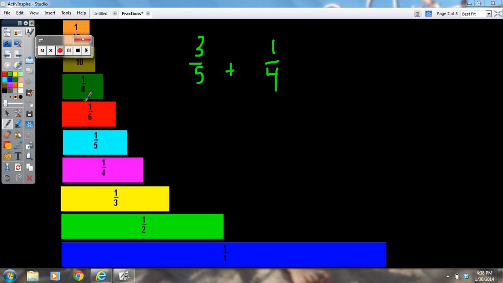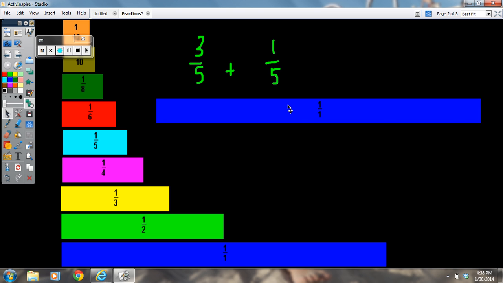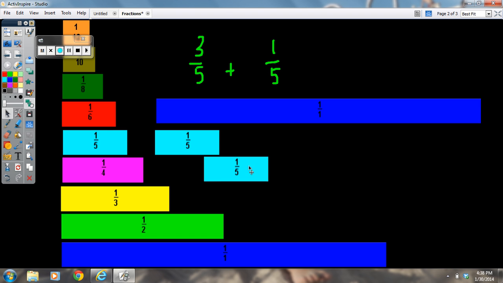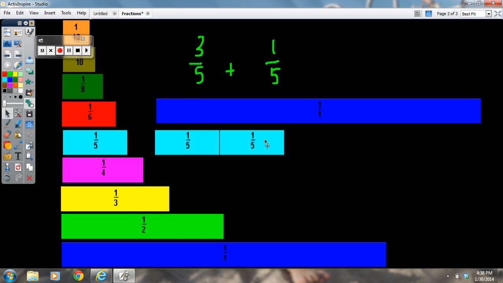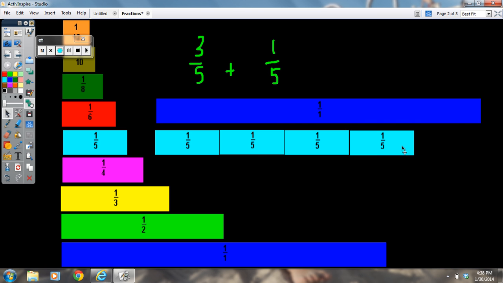Before we take a look at fractions with unlike denominators, let's look at two fractions and how we would model them if they had the same denominator. So what we have here is 3/5 plus 1/5. As we were doing in class, we'd always pull our one whole bar up to compare the fractions to. So I would take 3/5 pieces to represent the first fraction, and then in order to figure out what 3/5 plus 1/5 would be, I would take that 1/5 that we added on,